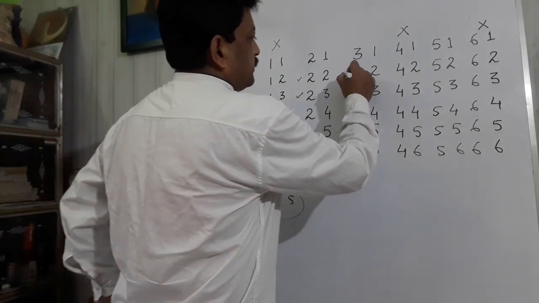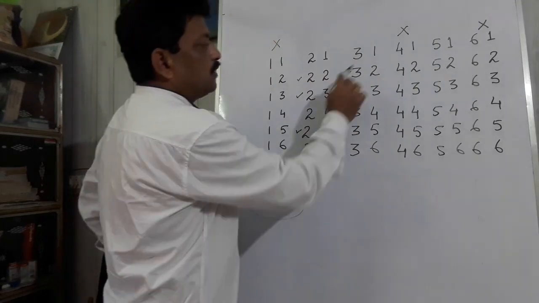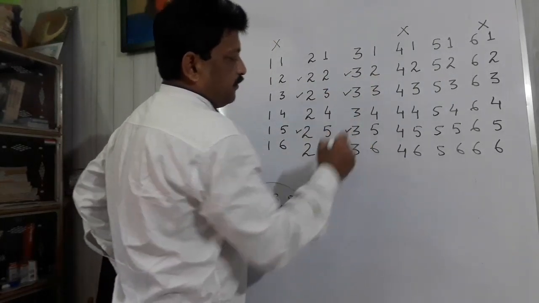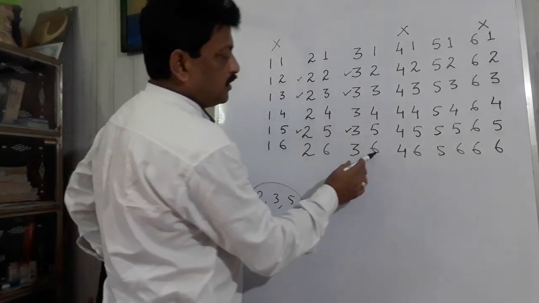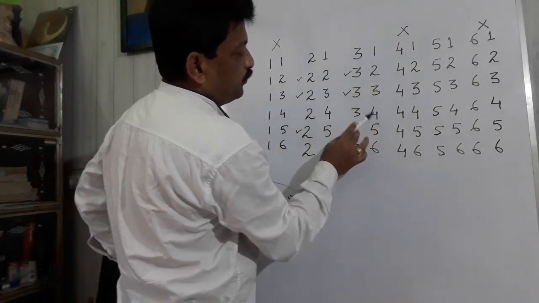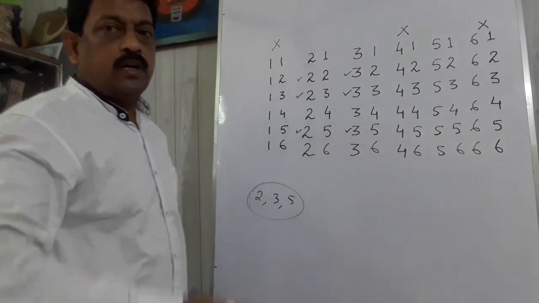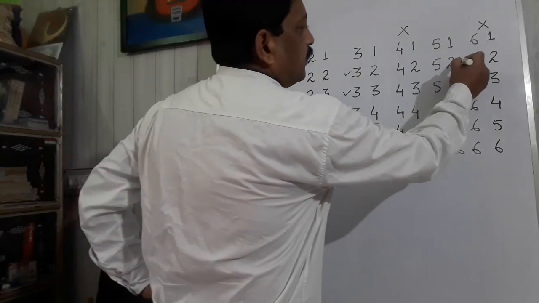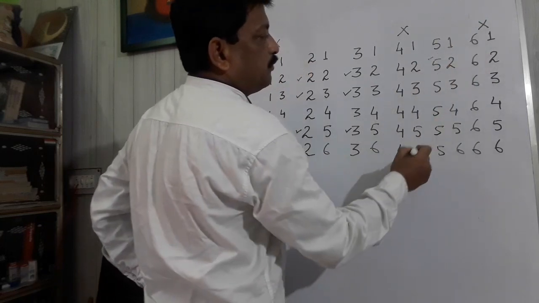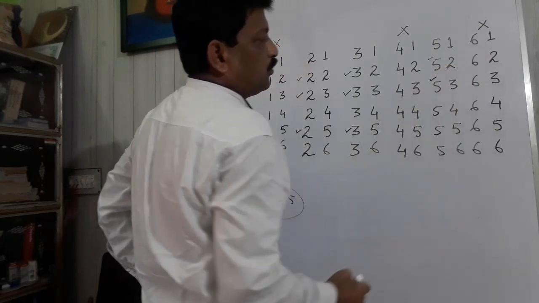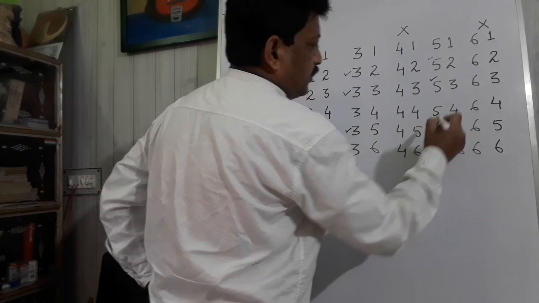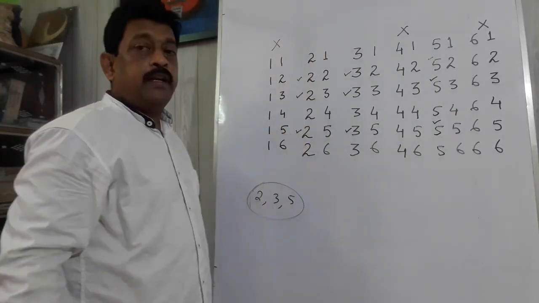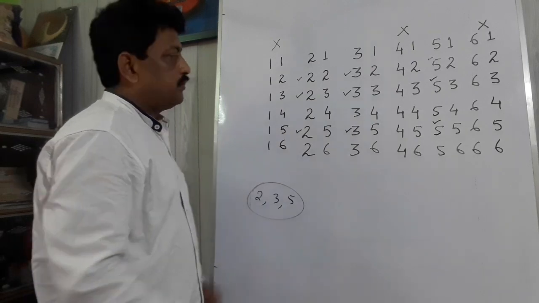Now here the next row, 3, 2 both are prime numbers, 3, 3 both are prime numbers, 3, 5 both are prime numbers. The others are not prime numbers, like 1, then 4, 6, they are not prime numbers, so they are excluded. Only 3 cases here. Similarly here 5, 2 both are prime numbers, 5, 3 both are prime numbers, and 5, 5 both are prime numbers. So in total there are 9 cases which are favorable to this event.